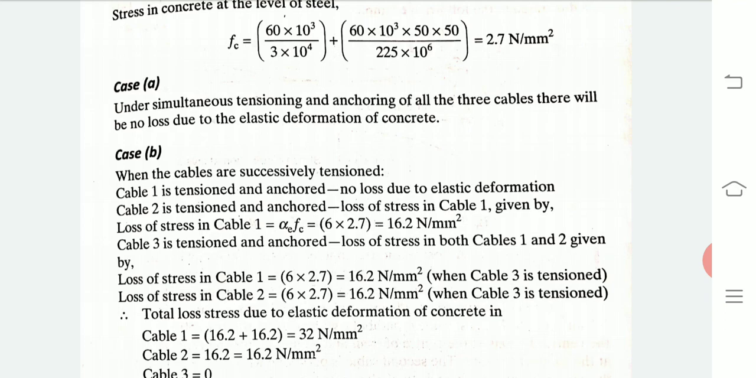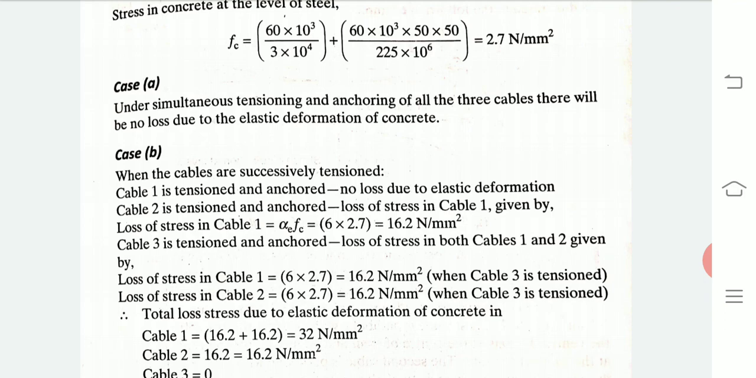Now let's come to case B. What is the scenario is cable 1 is tensioned first, next cable 2 is tensioned, and next cable 3 is tensioned. So when we are tensioning cable 1, there is no loss due to elastic deformation. Now when we go to tension cable 2, loss happens in cable 1 due to elastic deformation, which is given by the relation, modular ratio into Fc. You see here, again I am repeating, when we are tensioning the first cable there are no losses, but when we come to tension the second cable,